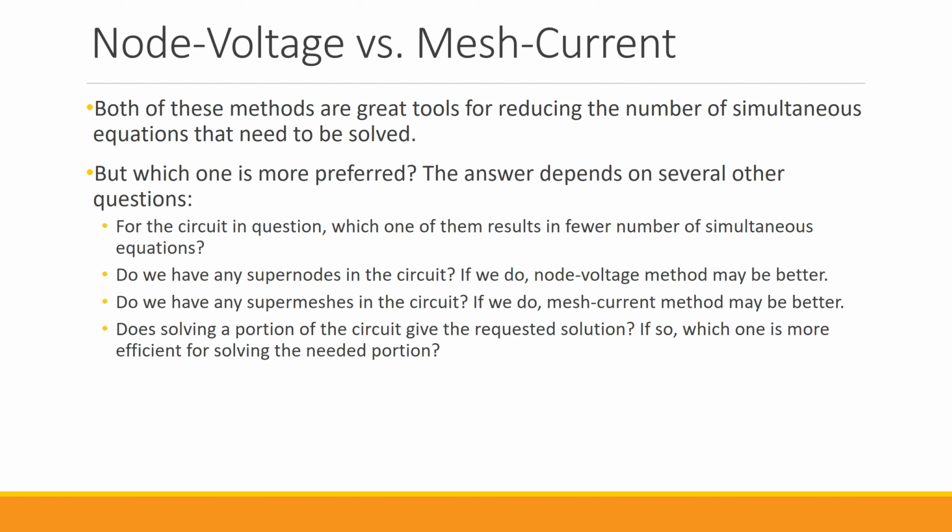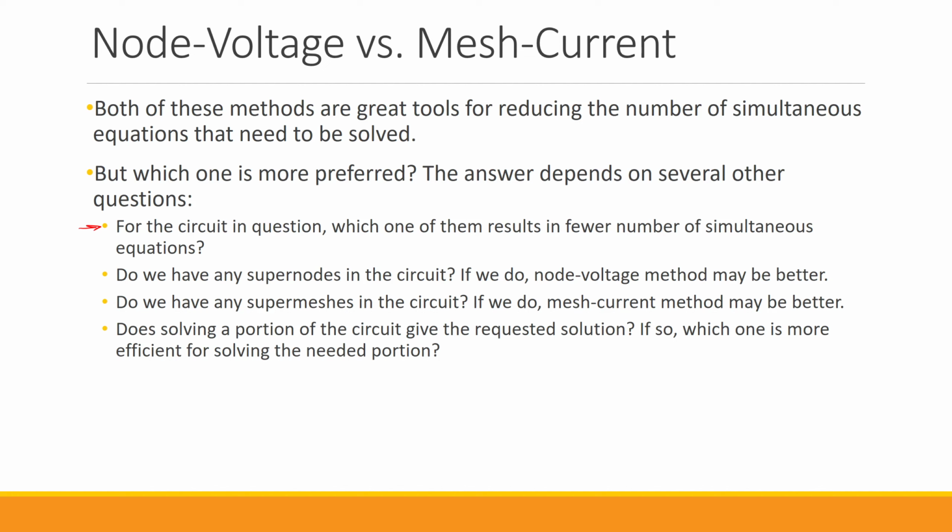So the first one is that for the circuit in question, the circuit that we want to solve, which one of these two techniques results in fewer simultaneous equations? Coming up with the number of equations that each one of these techniques gives us is very straightforward. For the node voltage method, we had to find the total number of essential nodes, and the number of equations that we needed to write was